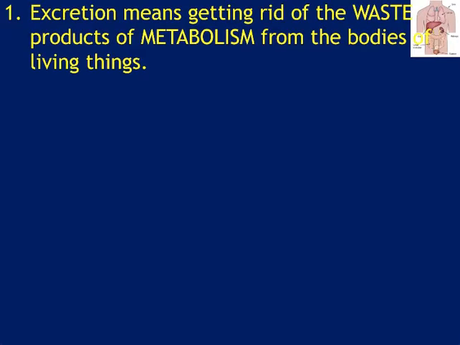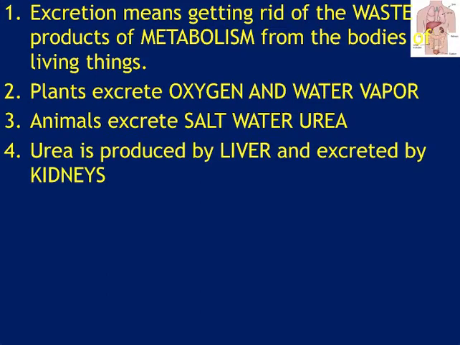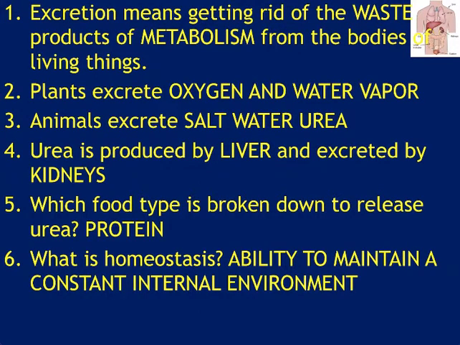All right, so there are the answers to the questions PDF on the assignment today, but just to go through some of them for you. You would have had to get the answers to possibly 4 and 5 from your textbook. So urea is produced in your liver and your kidneys remove it from your body, and urea is produced when